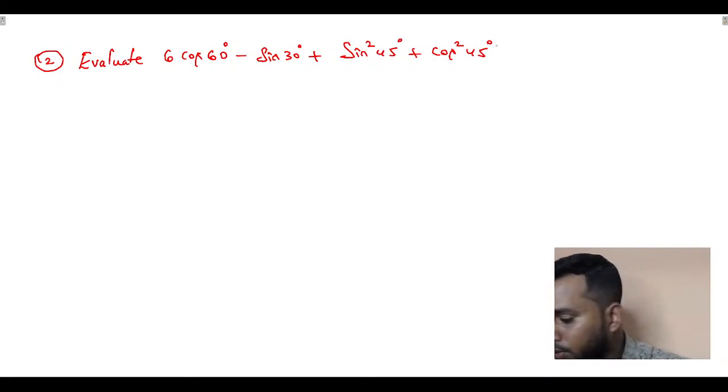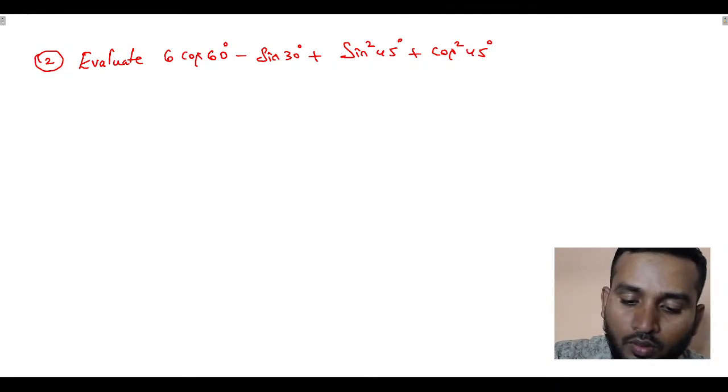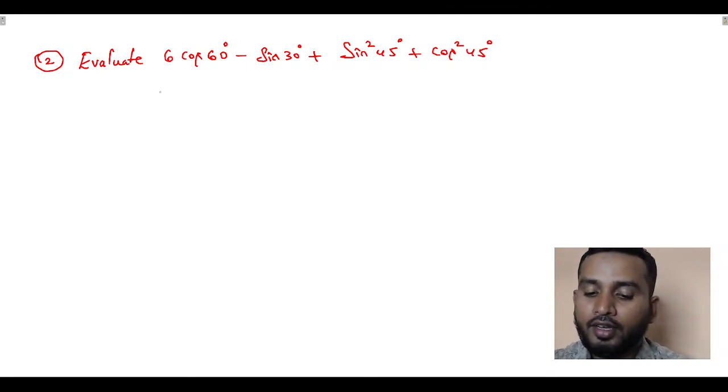Can you solve this value? What is the answer? Evaluate 6 cos 60 degrees minus sin 30 degrees plus sin square 45 degrees plus